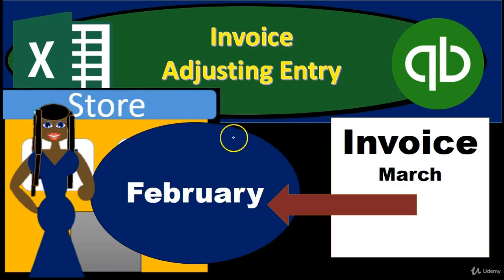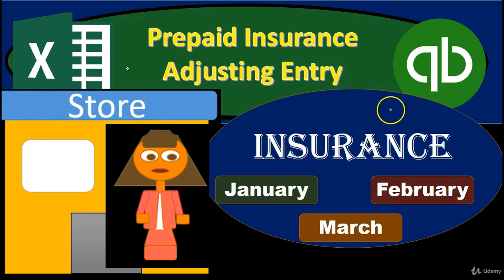Then we're going to have the invoice adjusting entry. We're going to have an adjusting entry related to an invoice created after the month end for which the work was done prior to that, and therefore we're going to have to record that invoice as an adjusting entry before the close of the month. We're going to have a prepaid insurance adjusting entries. We're going to have to adjust that prepaid insurance account, the asset account, as well as the related insurance